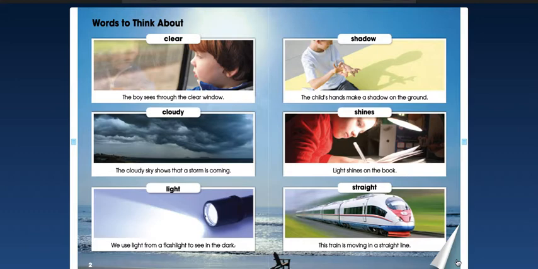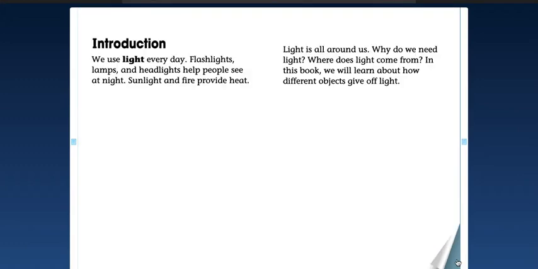Words to think about that you will see in this text are clear, the boy sees through the clear window. Cloudy, the cloudy sky shows that a storm is coming. Light, we use light from a flashlight to see in the dark. Shadow, the child's hands make a shadow on the ground. Shines, light shines on the book. Straight, the train is moving in a straight line. You can always do these in your shared reading, in your vocabulary book. Also,